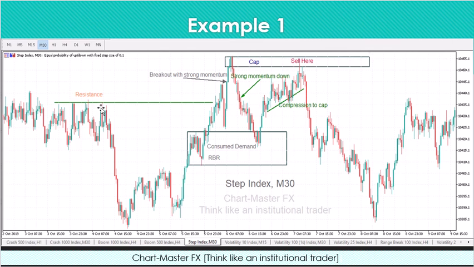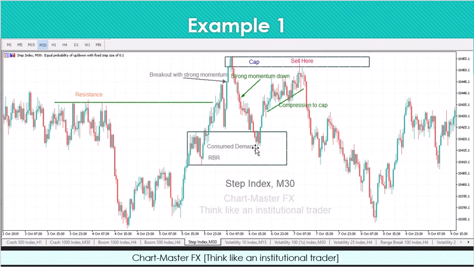So what happens is that the price actually drops down. As the price dropped down, we see again the price is now coming to the upside. As the price is coming to the upside, we have a rally here and we have a base here and we have a rally. So the price actually reached the resistance line. It actually broke the resistance line with strong momentum. Once the price broke the resistance line with strong momentum, we see also that there was a drop with strong momentum going to a